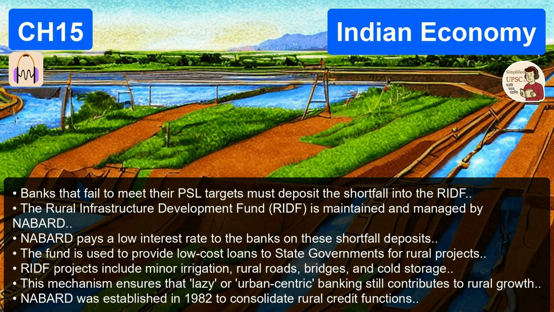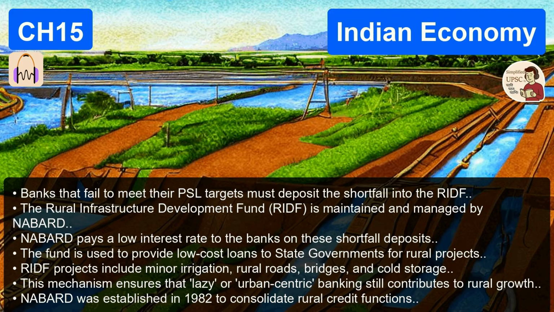Agriculture is the big one. It has a very specific sub-target of 18%. Then there are MSMEs, which are micro, small, and medium enterprises, export credit, education loans, housing for the poor, social infrastructure like rural clinics, and renewable energy. Are there targets within targets? Yes, there is also a specific 10% target strictly for weaker sections to ensure the money reaches the absolute poorest of the poor, not just rich farmers.